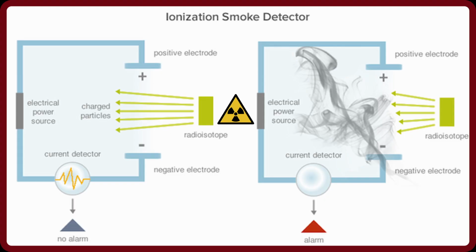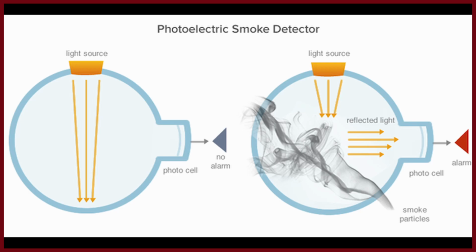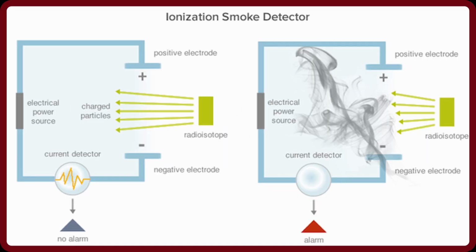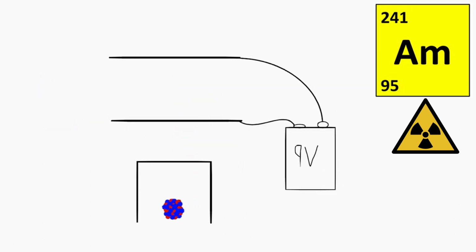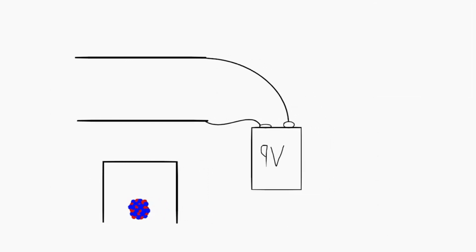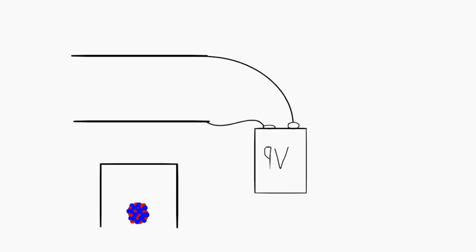There are two main types: ionization detectors, which use ionizing radiation, and photoelectric detectors, which use photocells. Ionization smoke detectors have an ionization chamber and a source of ionizing radiation. The source of ionizing radiation is a tiny quantity of americium-241. Within the ionization chamber, there are two plates about a centimeter apart. The battery of the detector applies a small voltage to the plates, charging one plate positive and the other plate